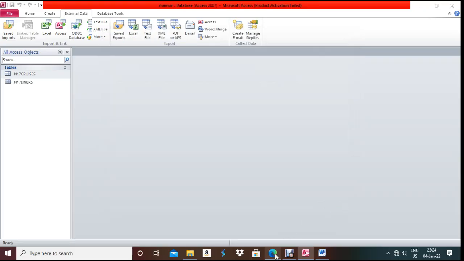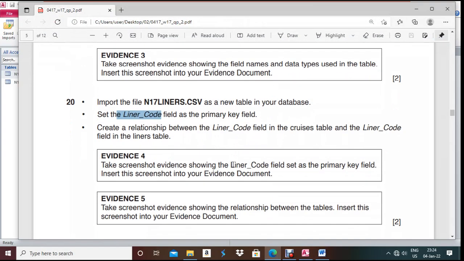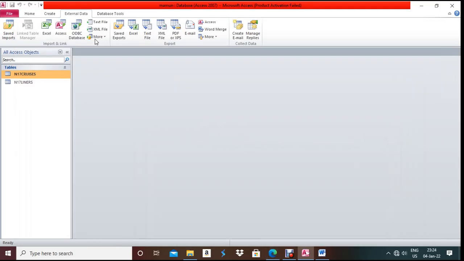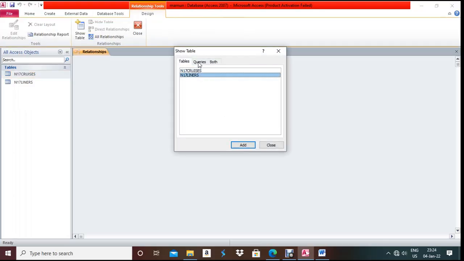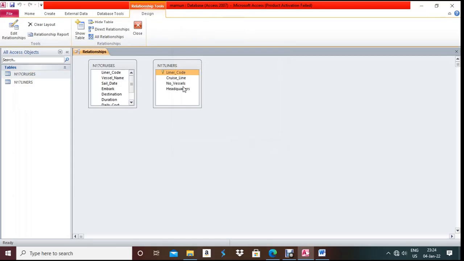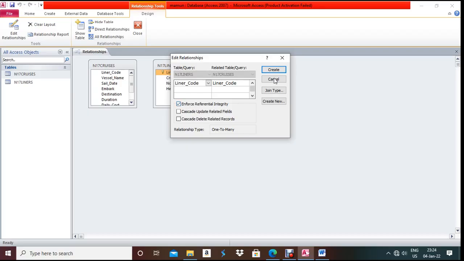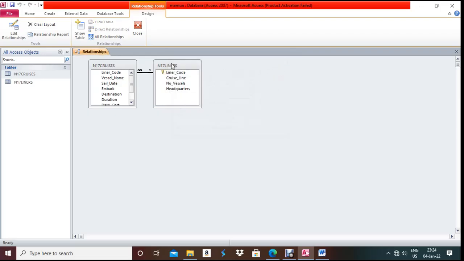Okay, now next question, what they're asking, create a relationship between liner code field in the cruise table and liner code field in the liner tables. So database tools, relationship, take both table, add, close, liner to liner, drag it and put it over here. Enforce referential integrity. When it works, at that time you will click enforce referential integrity for checking. If it works, you will keep it this way. Now after that,